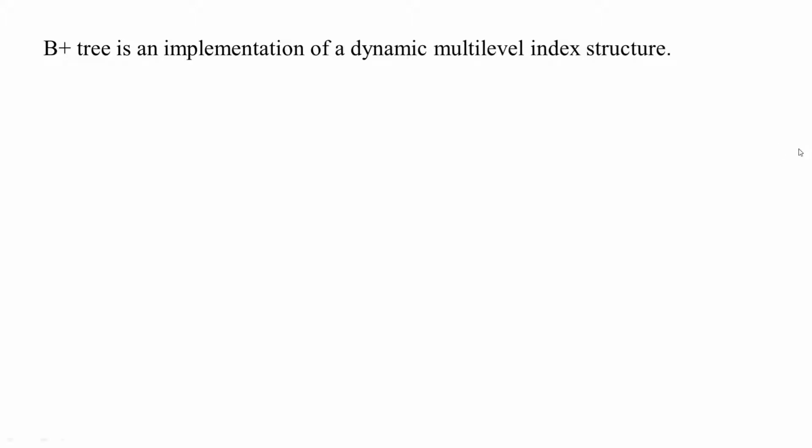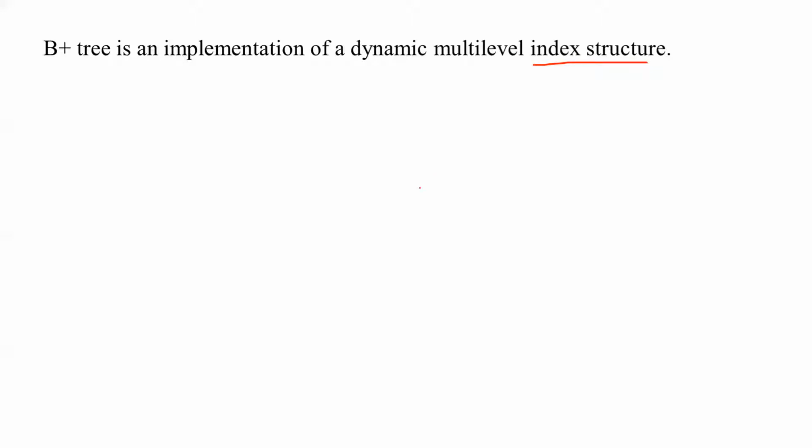What is the meaning of an index structure? Index structure is basically used to provide access to the location of records which exist on the database in your disk. Okay, you will be having records in the database and the database will be residing on the disk, and this index structure is helpful for us to get access to those records.